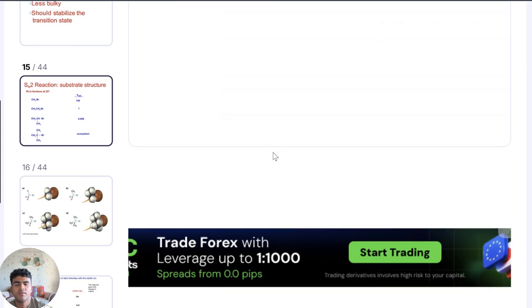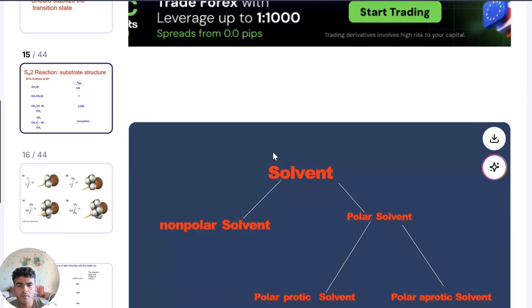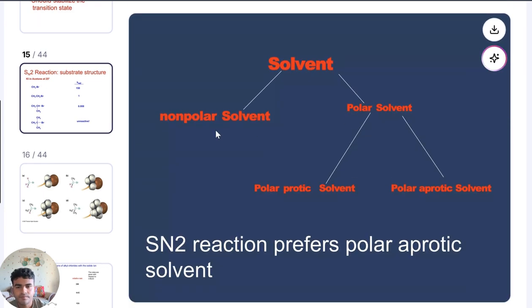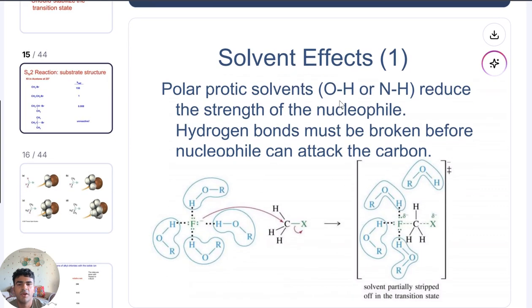Effect of solvent. There is also an effect of solvent in SN2 reaction. Solvents are of 2 types. One is non-polar and another is polar. For polar solvent, it may be polar protic or polar aprotic. So solvent effect, SN2 reaction then it takes place more effectively in polar